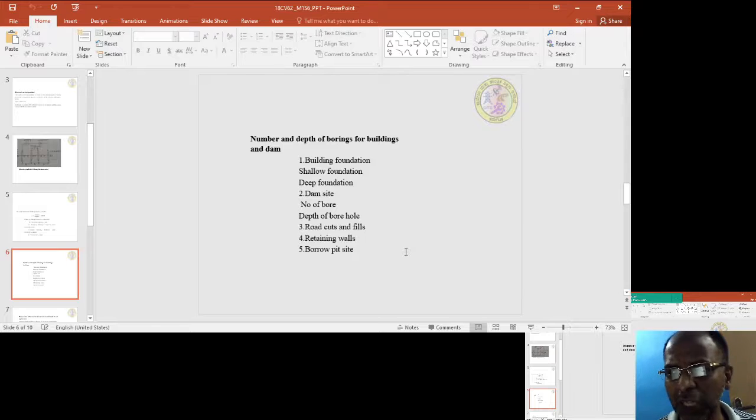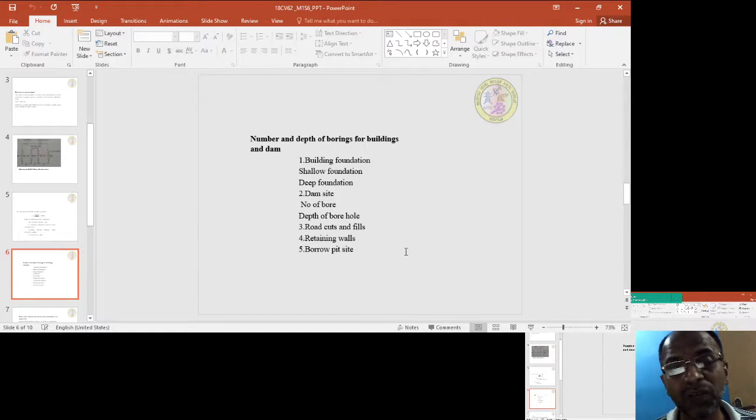Now coming to the building foundation, if it is a shallow foundation and the width of the footing is B, then the significant depth will be 1.5 to 2 times B. Suppose DF is the depth of the foundation and B is the width of the foundation, then soil exploration should be done up to a depth of DF plus 1.5 times B or 2 times B. For example, DF plus 2B will be the total depth up to which soil samples are to be collected. That is about the depth of soil collection for shallow foundation.